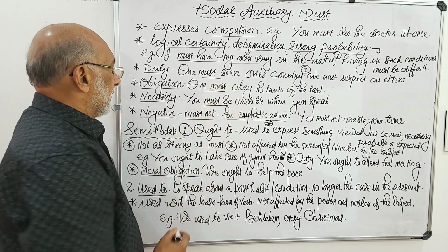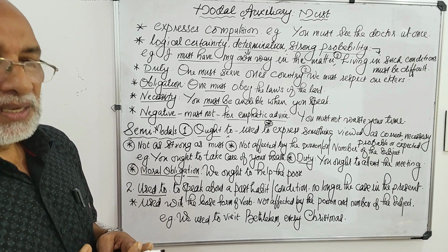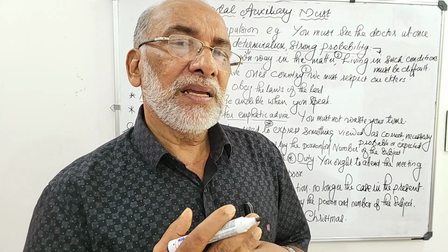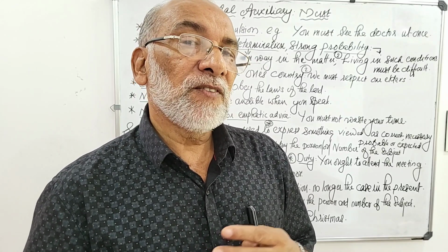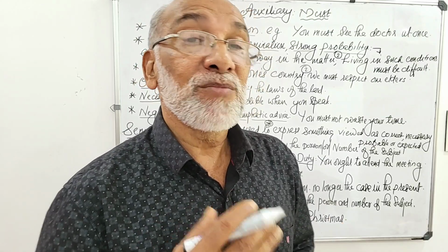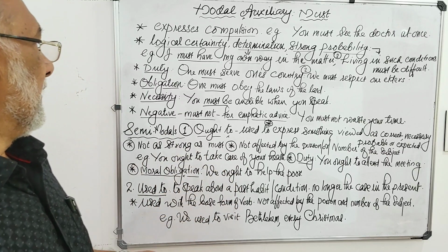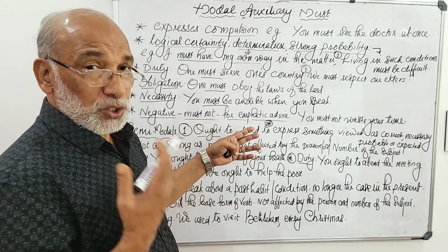Okay. Then the negative of must is must not. Very rarely only must not is used. Otherwise the negative of must is need not. That I will explain further when I come to need. Okay, the semi-modal need. Negative must not, but must not is used